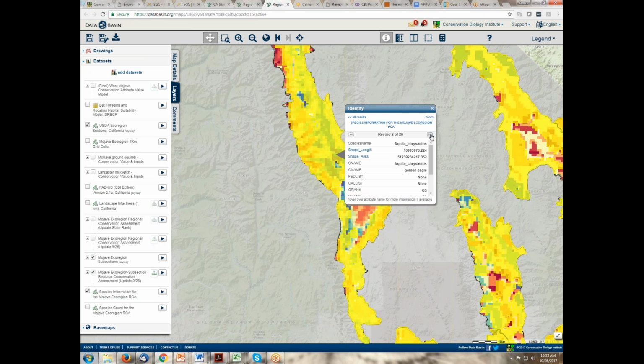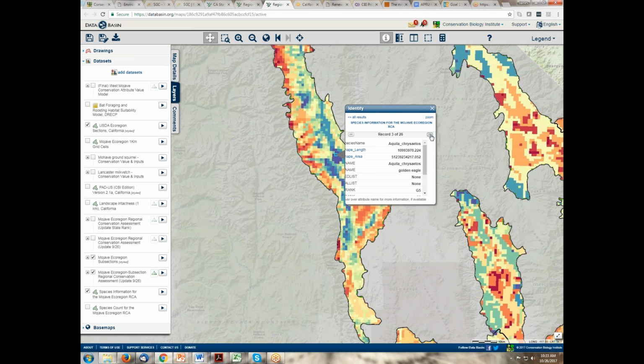And so I can go through and scroll through all of these. You've seen something similar to this before. Here's golden eagle, and the list goes on, right? Here's a Horn's milk vetch, etc. So that's a way of not only understanding what might be present in that location, but also you get a sense of its model distribution elsewhere. So you actually get a couple of extra pieces of information as you go.